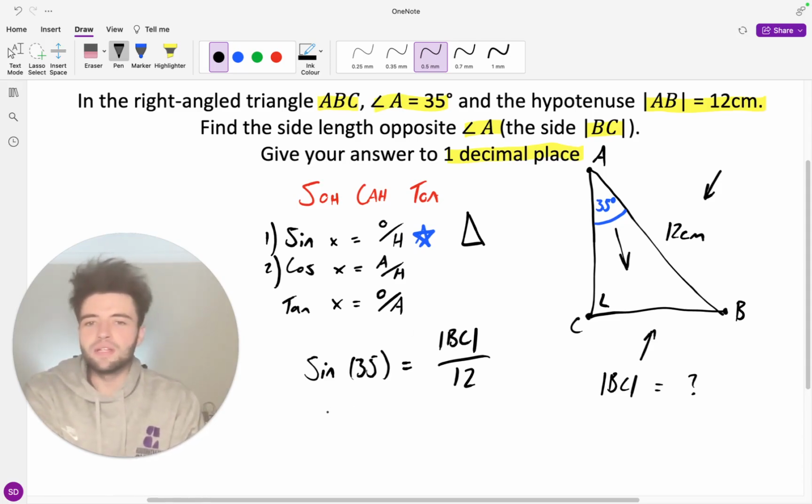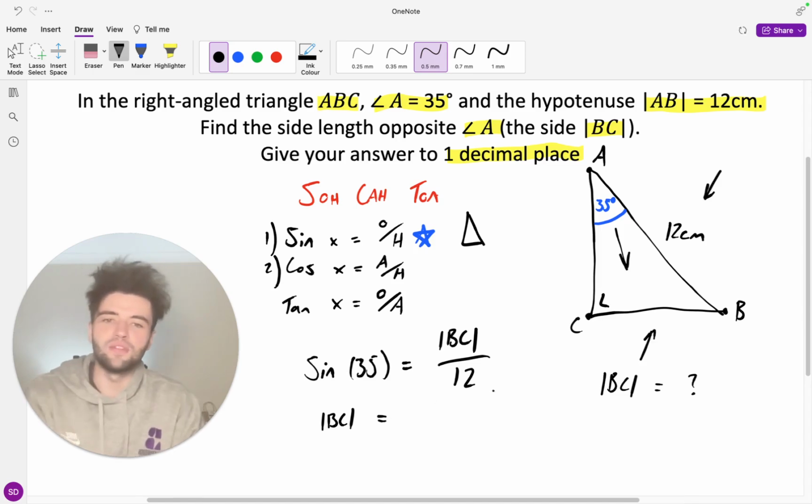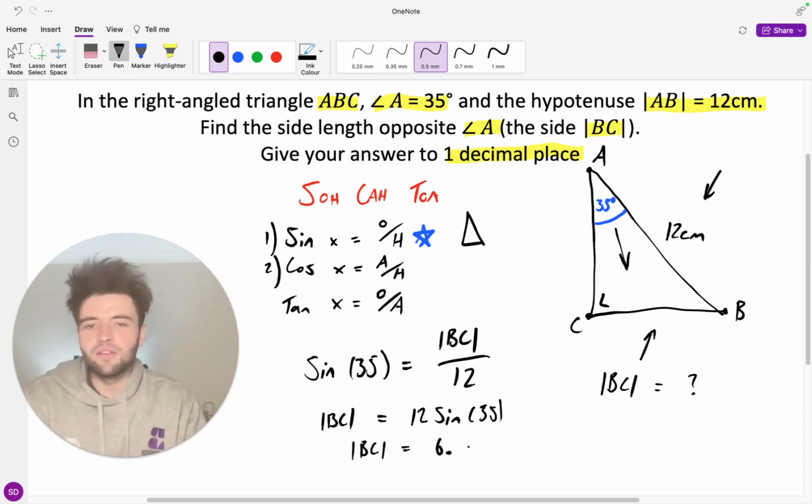And so now the only step is going to be to get BC on one side on its own. And so the best way to do that is simply to multiply across by 12. So we're going to have BC is equal to 12 sine 35. And then we can simply plug this in our calculator now to find the side length BC. And so this is going to be equal to 6.88